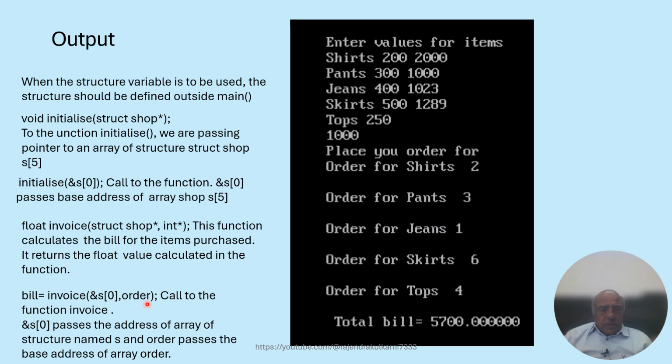This is the call we are using to the function invoice. &s[0] passes the address of the array of structure named s, and order passes the base address of the array order. So this is how we are using functions